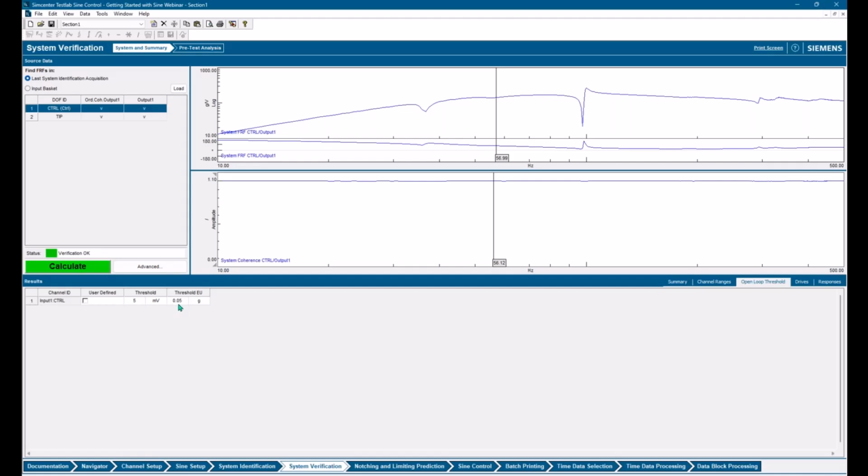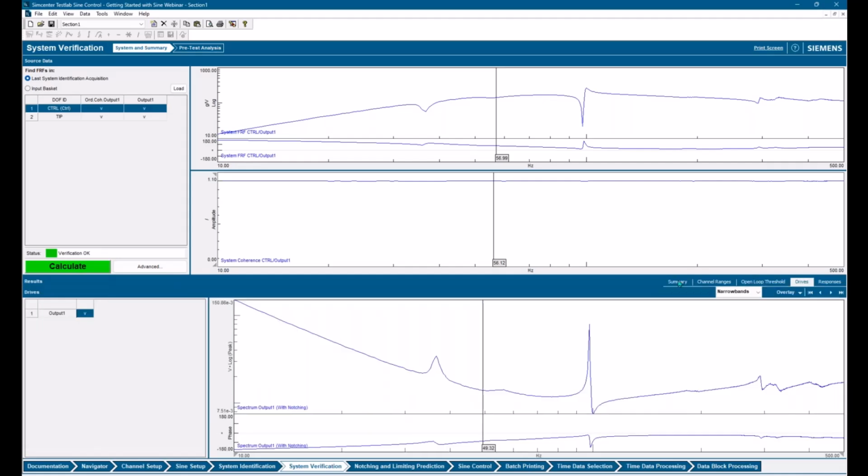For instance, if you're running a 1G sine sweep and you have a 100 millivolt per G accelerometer, this threshold might be 0.5 Gs. And that's going to throw an open loop at you when you go to run the test. So you might have to adjust these open loop threshold settings, depending on the test that you're going to do. We're doing a 2G sweep, and we have a threshold here of 0.05 Gs, so this is appropriate for my test.